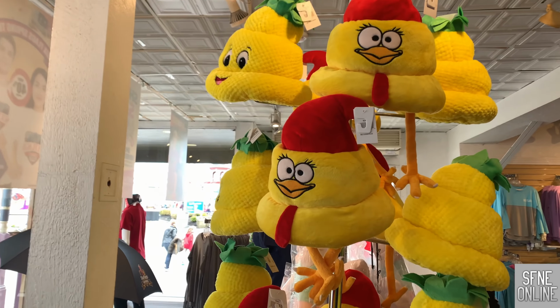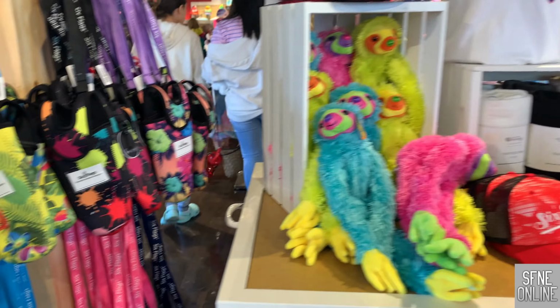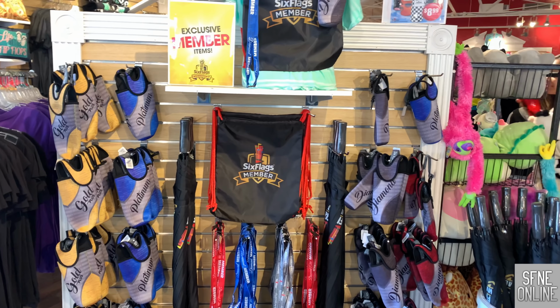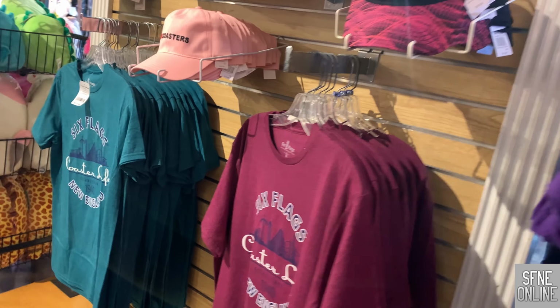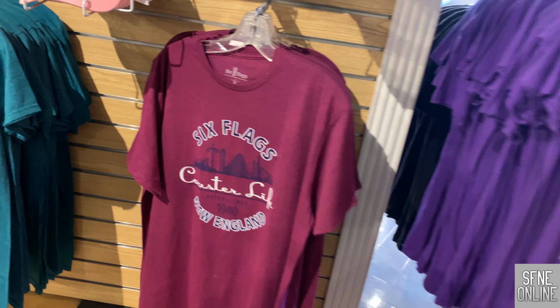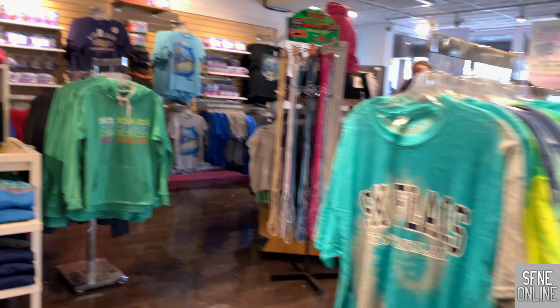The chicken hat and a pineapple hat. Let's see what's new this year. Members, exclusive member items. You can get a member umbrella. Coastal legs. These are like girl shirts. I couldn't fit in them. Where is